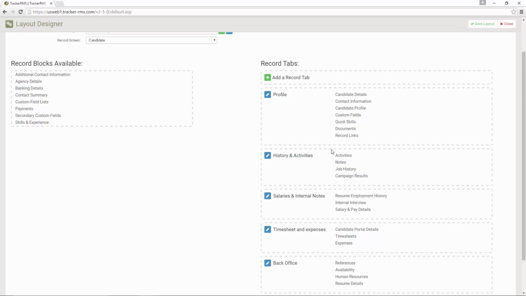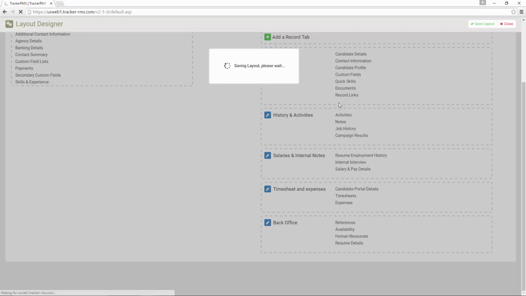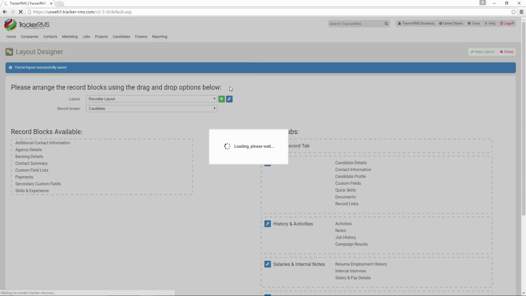Now, if there's a piece of information that you're not using, you would be able to take something and drag it over into the record blocks available section. This is going to be the different record blocks that you have access to, but you're not currently using. So in here, the layout can be customized. If I hit Save Layout and go right back into a candidate record and look at Sean Thomas, if